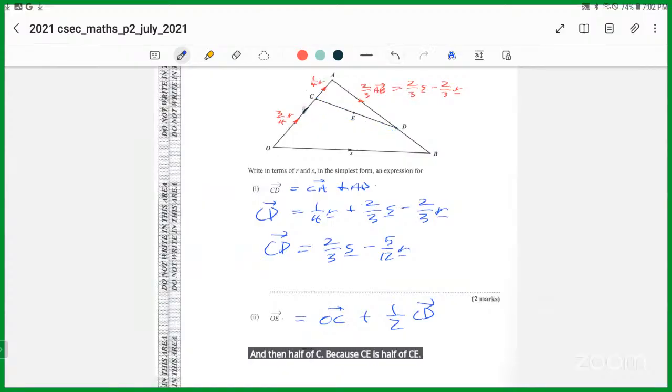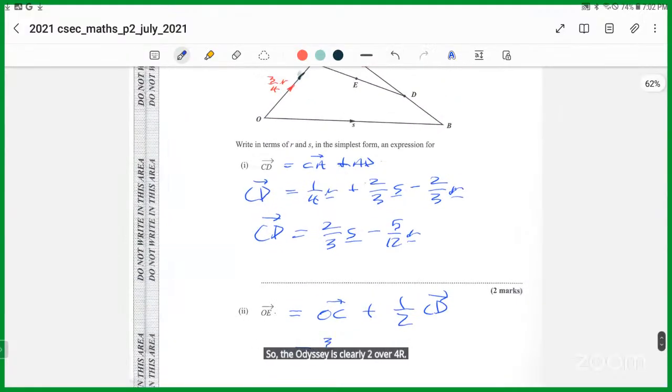So the OC is clearly 3/4 R. This is 3/4 R. And then we're doing half of this, half of that. Now half of 2/3 is 1/3. So it's 1/3 S. And then half of 5/12 is 5/24. Half times 5/12 becomes 5/24. Don't be afraid of it. So subtracting